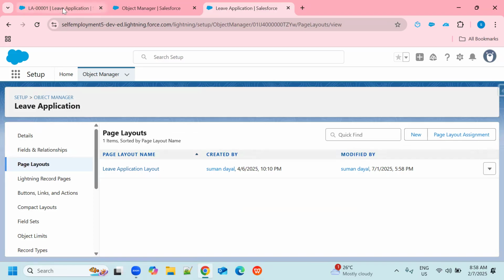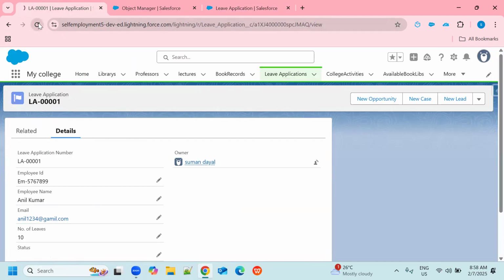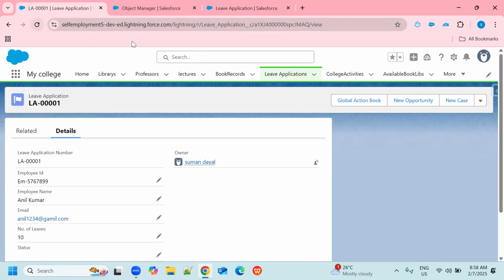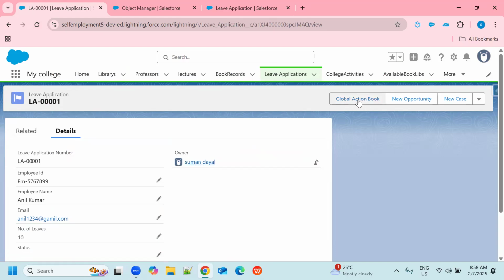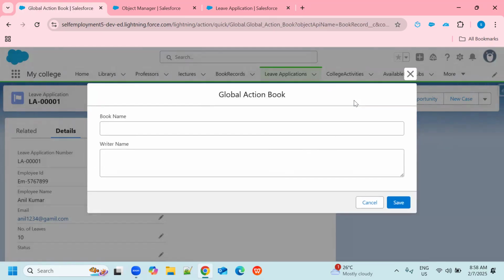Right? Now come to our application, just give a refresh. If I open it, see, it is here, global action book record, right? If I click on this action, I will be able to create a record in my book record.